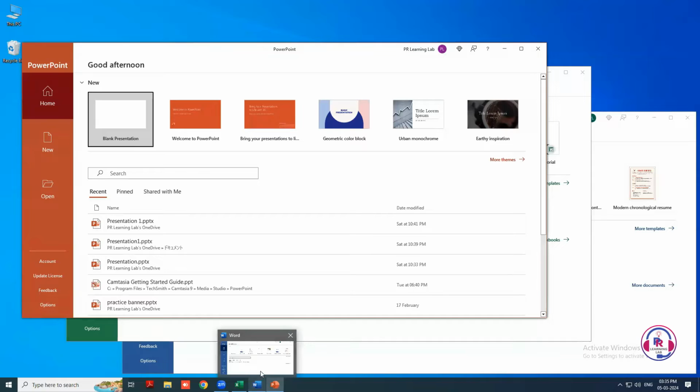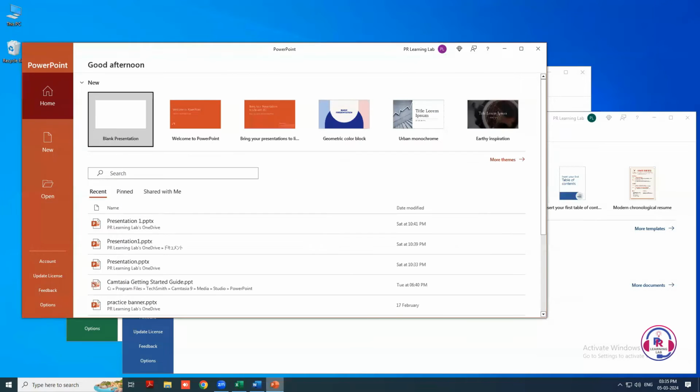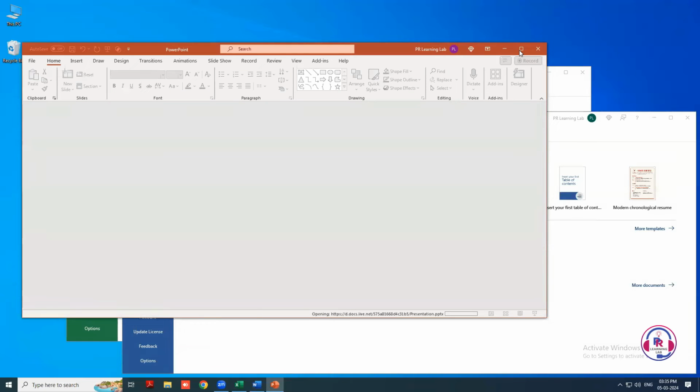Another useful feature in Windows 10 is taskbar thumbnails. If you have multiple windows open for the same application and they're in restore mode, you can use the taskbar thumbnails to quickly activate the specific window you want. Hover your mouse over the application's icon on the taskbar. You'll see thumbnails representing each open window. Simply click on the thumbnail of the window you wish to activate, and it will come to the forefront.